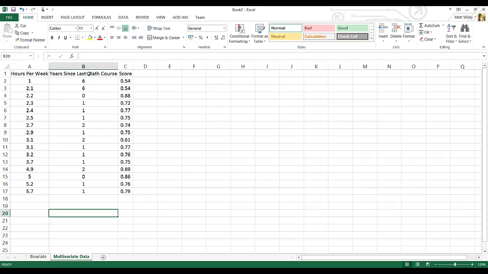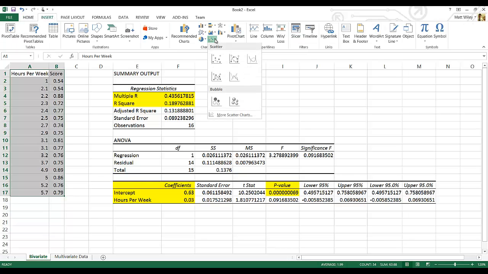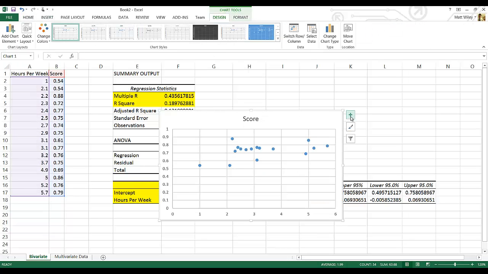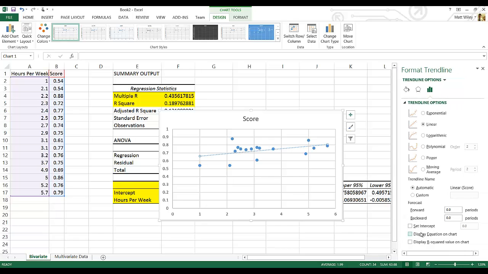And if it's been years since the last math course, our hope is that you remember, back here in the bivariate data, let's take a look at our scatter plot one last time. Highlight that, go to Insert, and stick that scatter plot back in here. And we had done that, and when we had done our trend line and asked it to display the equation and that r squared value there on our chart,